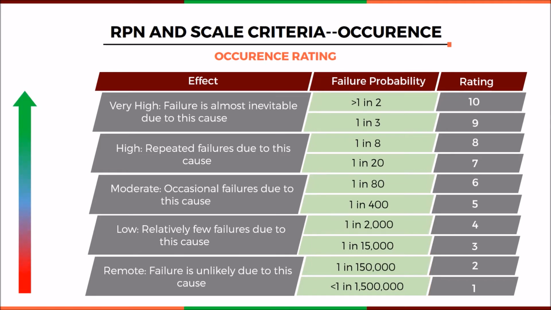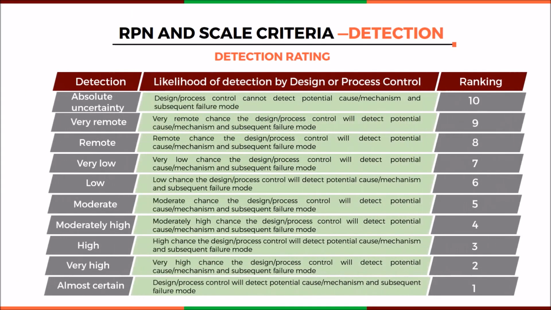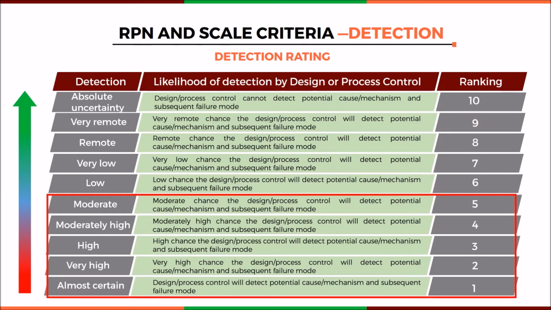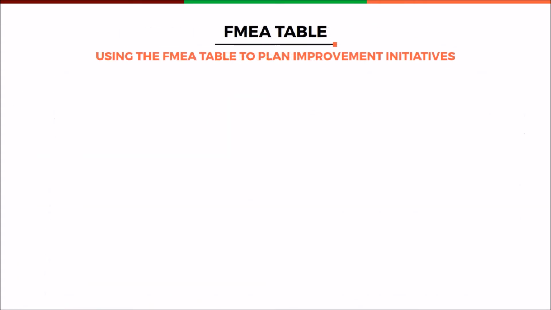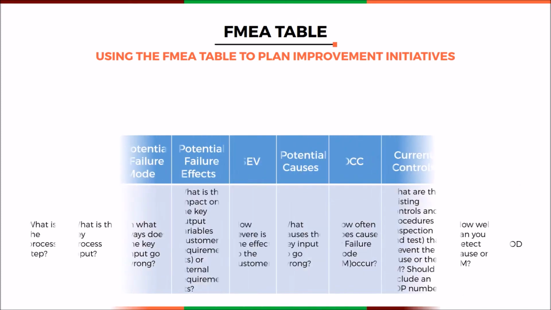Detection is the probability that a particular failure mode will be found. If detection is impossible, the failure is given a rating of 10. At the start of a Six Sigma project, the failure mode is given a relatively high detection rating. The FMEA table helps in planning improvement initiatives by underlining why and how failure modes occur and planning for their